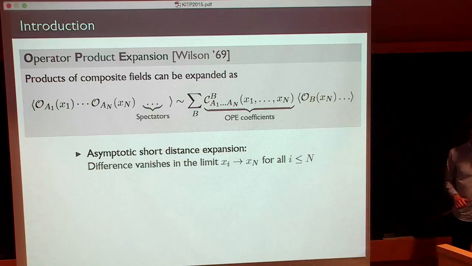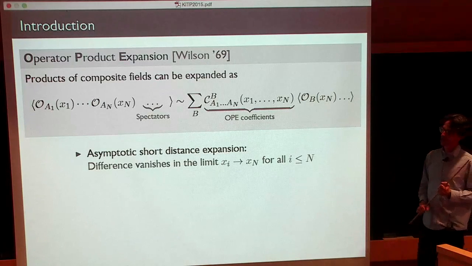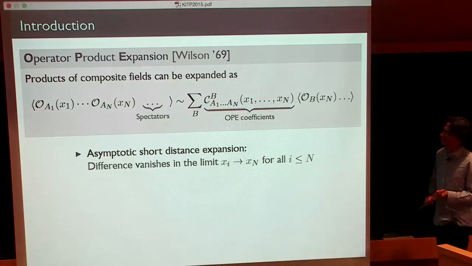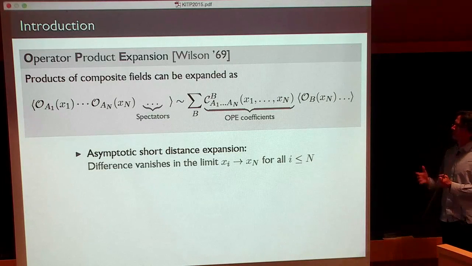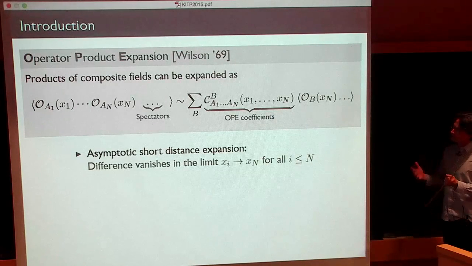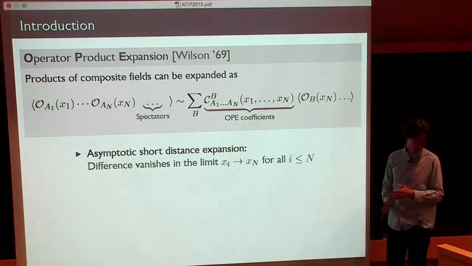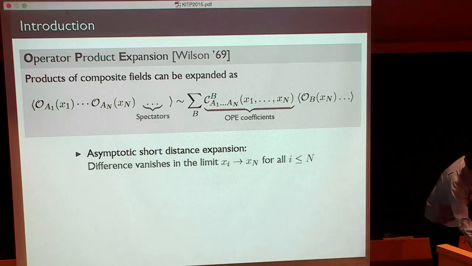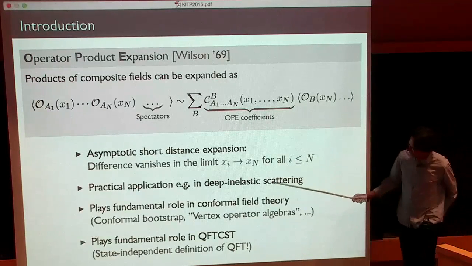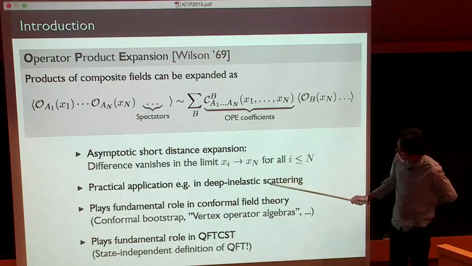So this operator product expansion is a technical property of quantum field theory, which basically says that you have some sort of factorization if you have a wide separation of energy scales, so short versus long distance. And so it has found several practical applications,